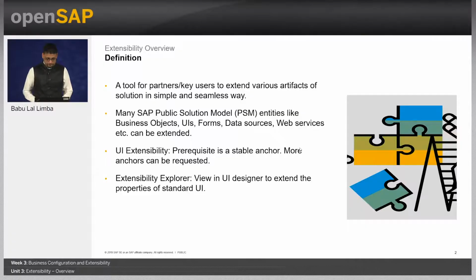In this unit, I shall give an overview of how to extend the Business ByDesign standard solution. Cloud Application Studio's extensibility feature is a tool for partners that helps them to achieve varied needs of customers, ranging from a simple addition of an extension field to a business component, propagating it to standard UIs and multiple other entities like data sources, forms, web services etc., and controlling the properties of UI fields, actions etc.